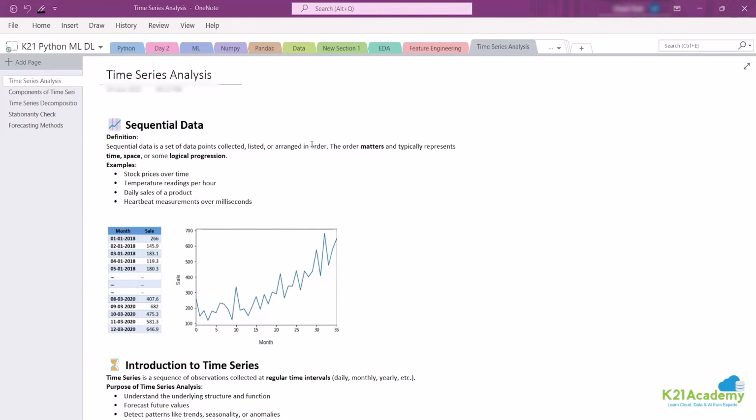What is sequential data? Sequential data is the set of data points that are collected, listed, or arranged in order. The order matters and typically represents time, space, or some logical progression. Suppose I tell you, I love pizza. Okay, I love pizza. And if I just say, love pizza I,